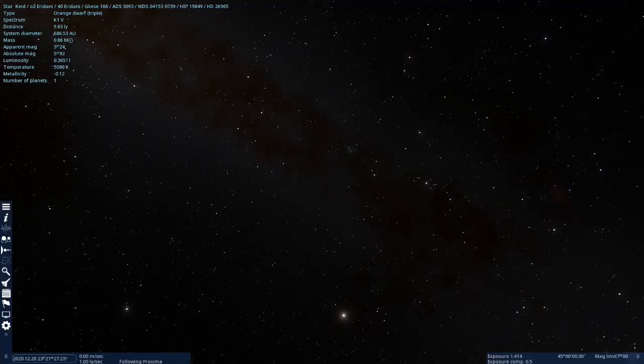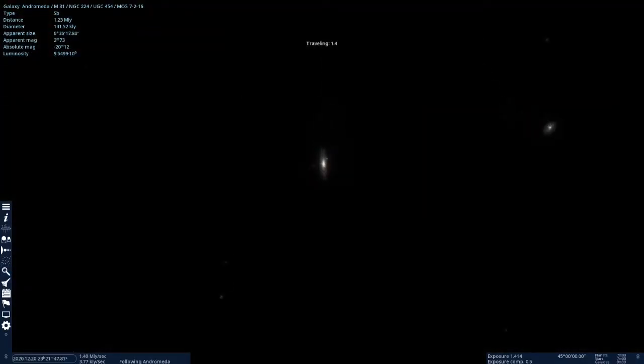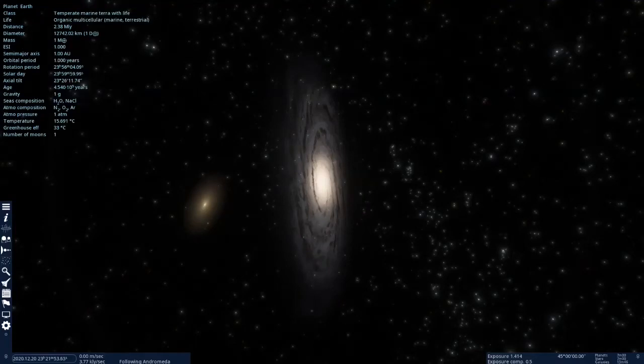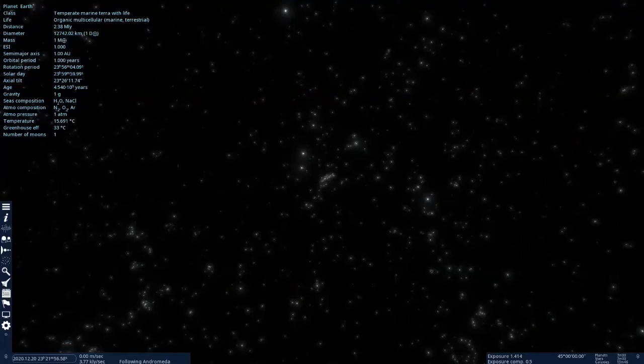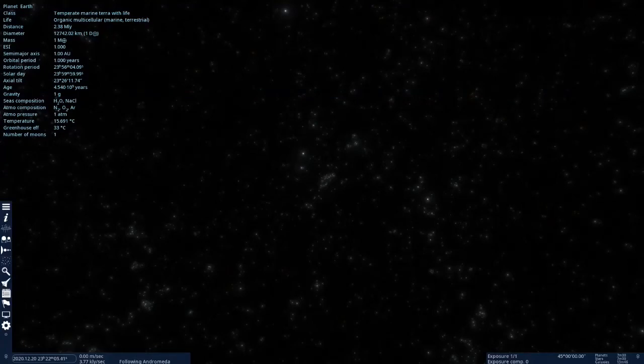I guess one other interesting thing would be from Andromeda looking back at the Milky Way as to where Earth is in the Milky Way. Yeah, we did that, but we can do it again real quick. I probably missed that. Andromeda Galaxy. Go to zoom. All right. Select Earth. Center it up. Now, if I put the camera in normal mode and normal brightness, I think, yeah, it's kind of getting lost in the background galaxy there, background galaxies.